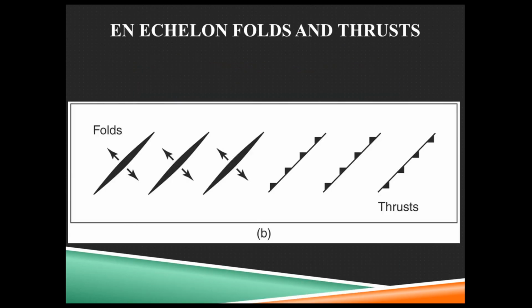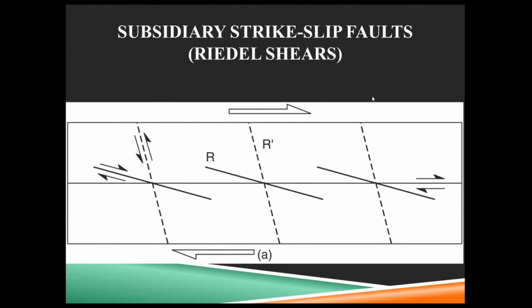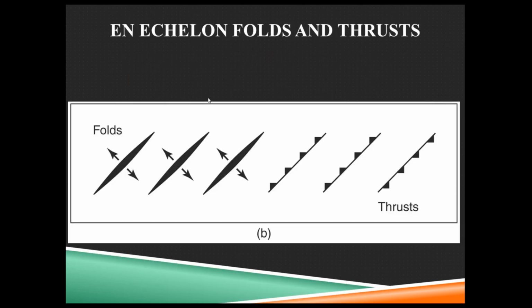We can also get folds and thrusts en echelon, so in series. And again, this is going to be the same as before. Top moving to the right, bottom moving to the left, and we're getting this kind of folding or thrusting. It kind of depends on how brittlely or plastically the rock is going to behave. If it's more plastic, we're going to get folding. If it's more brittle, we'll get thrusting. The point is that there's compression involved,